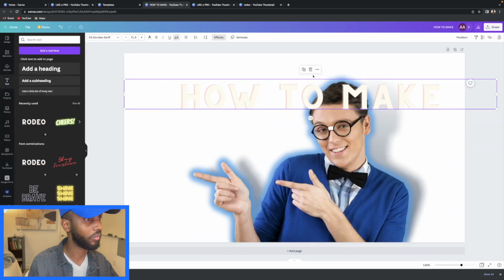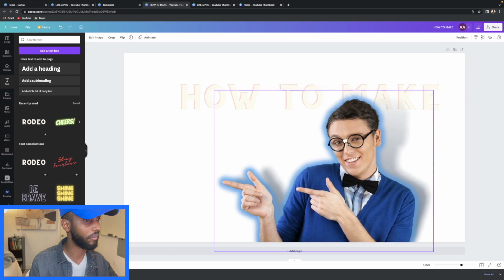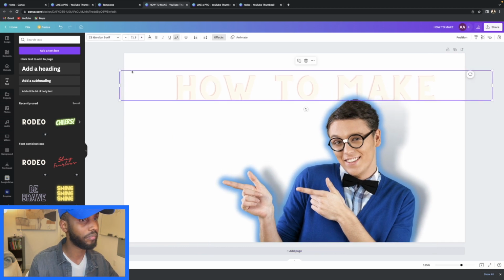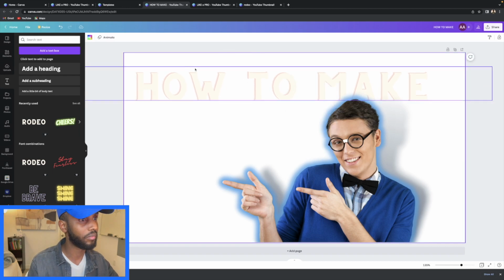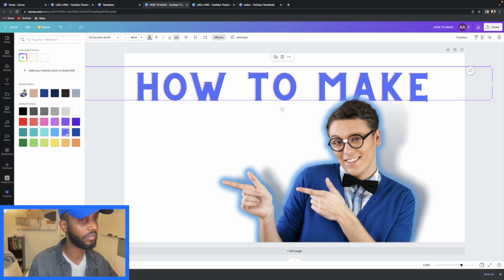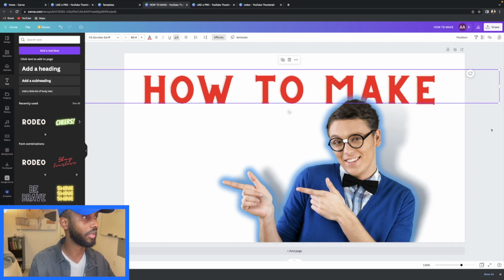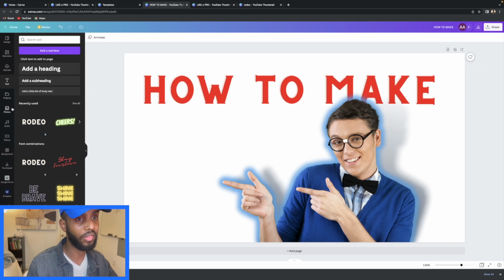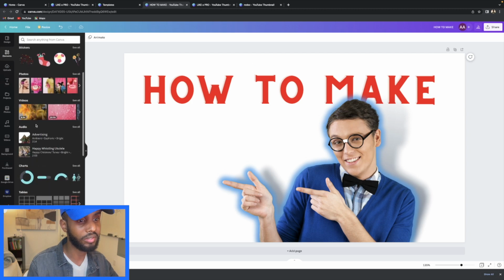And then same thing, we just go here, we can send it to the back. Okay, so we can have something like this, and now we can find that old photo and use it as